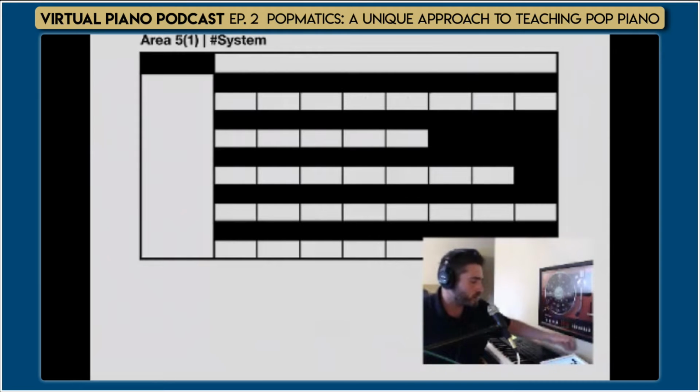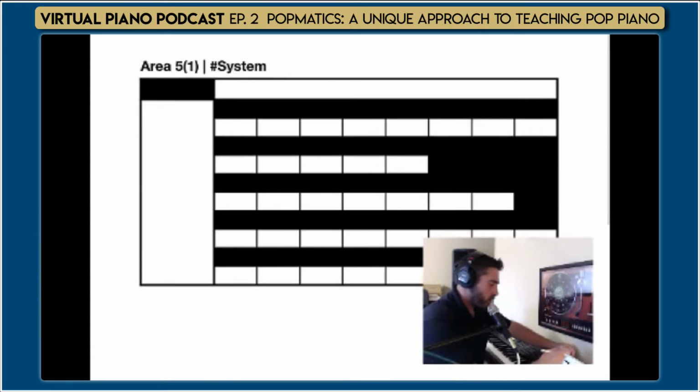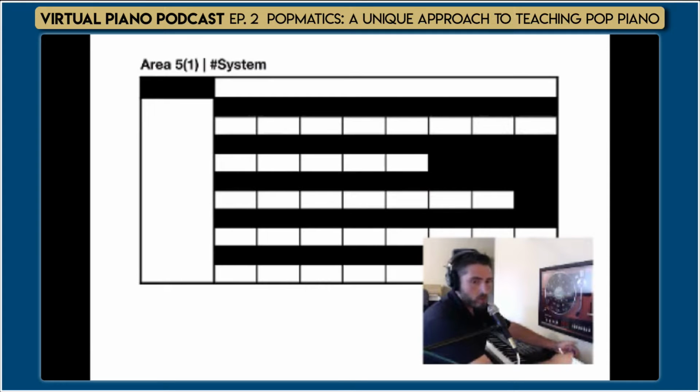What I start with is a template that I work with my students, and I'm going to write on it here. We'll do this for A Million Dreams, which is in the key of G major. So I write G major key, and then I write the notes of the scale. I have my own way of teaching a scale, but I'm not going to go through that. Everybody has their own approach to teaching scales. So I write these in: G, A, B, C, D, E, F sharp, and G. So the kid has the scale there.